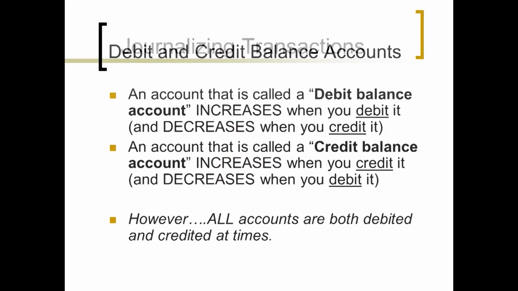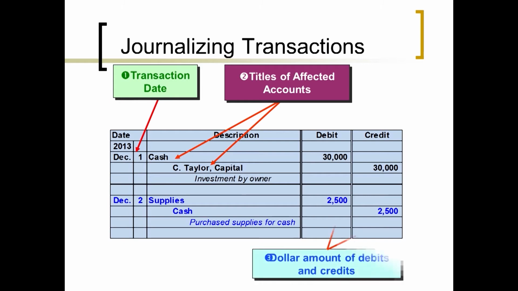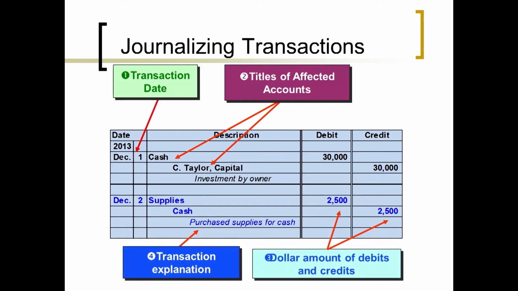I think there's a slide on a journal entry. Okay? This maybe shows it in a different way. Now, I did not have a date for this journal entry, but there's 2 journal entries shown here. Okay? Make sure you list the date of each one over here to the left, okay? Now, this goes kind of to what your question is, Whitney. These are 2 separate journal entries, okay? Don't combine these into one journal entry, okay? But you have the accounts, the transaction date, the title of the affected accounts there.